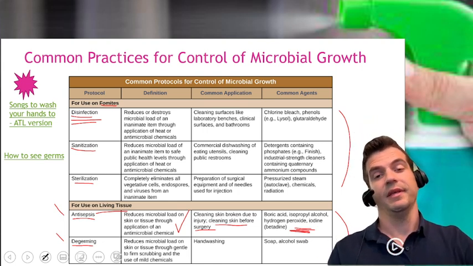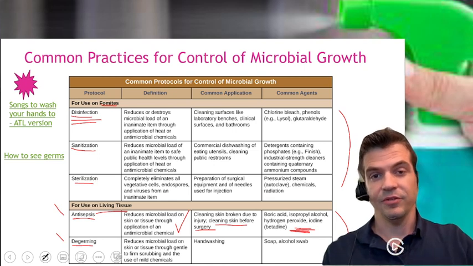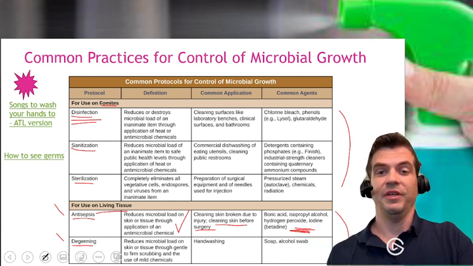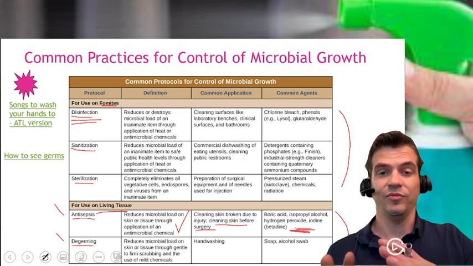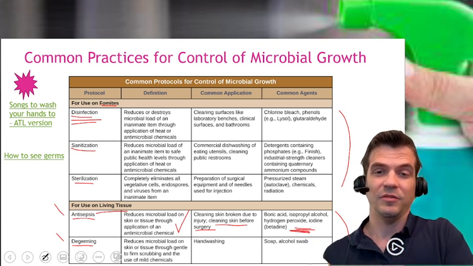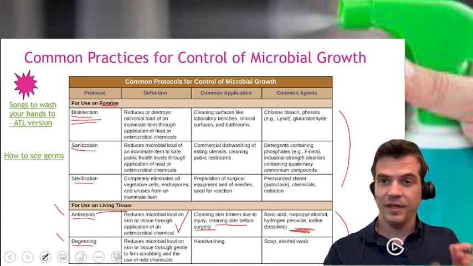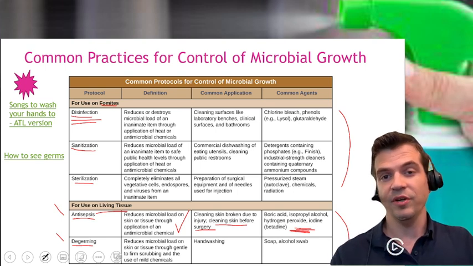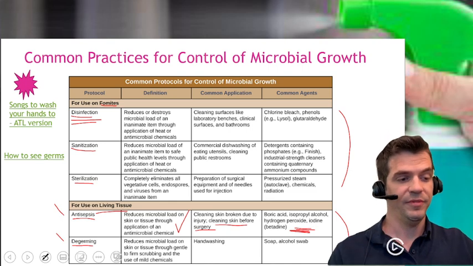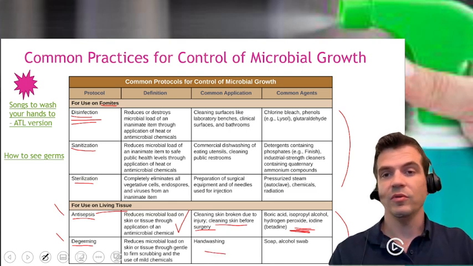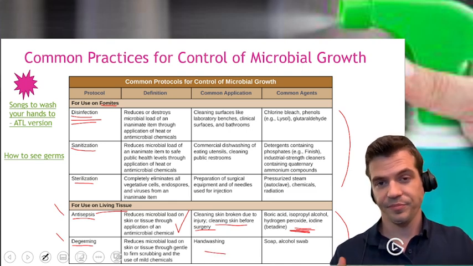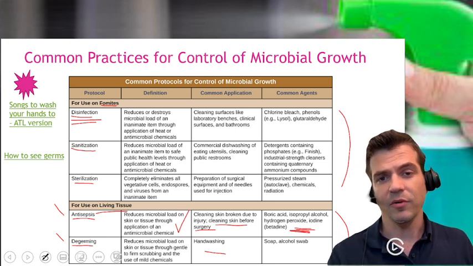Now, the doctors will be the judge of it if it looks too deep, if it has too much debris in it, all that good stuff. But if you're going to treat it at home and you know you're treating it at home, de-germing, soap and water is the best way to go usually. Okay, it might sting, but it won't sting as much as the alcohol or the hydrogen peroxide, and it